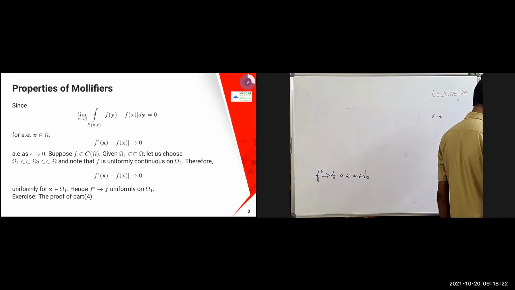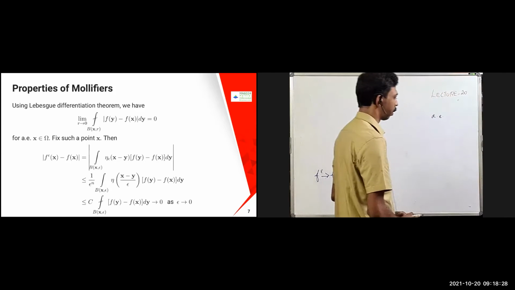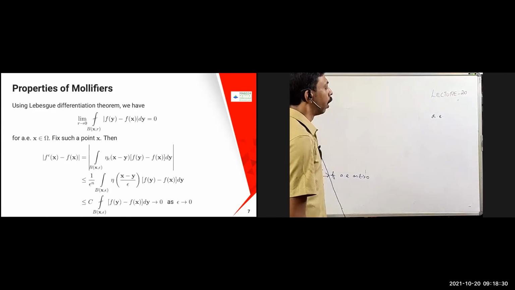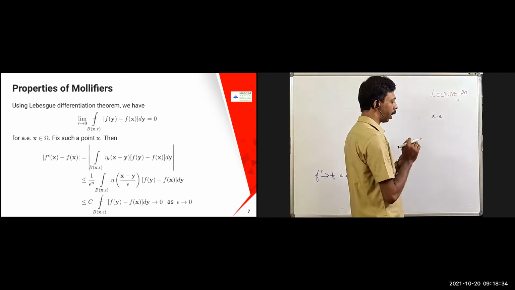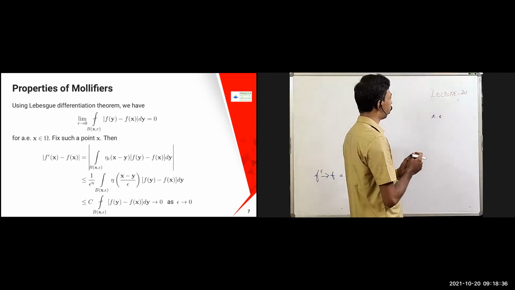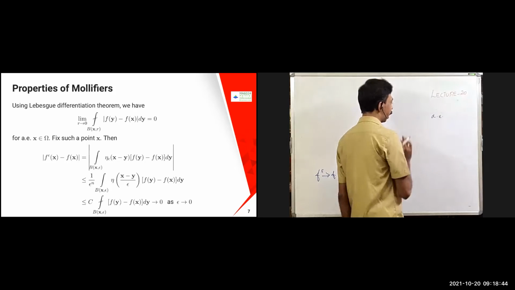Sir, it is like that property will hold except on a set whose measure is 0. Yes, okay, fine, good. So the same concept we are going to use. This Lebesgue differentiation theorem I mentioned in the last class. I only mentioned the statement of the theorem, but this is part of Lebesgue measure theory you might have studied. So using that concept only we are going to do.